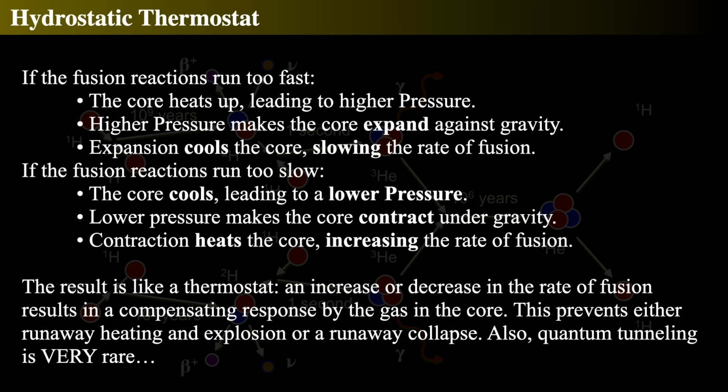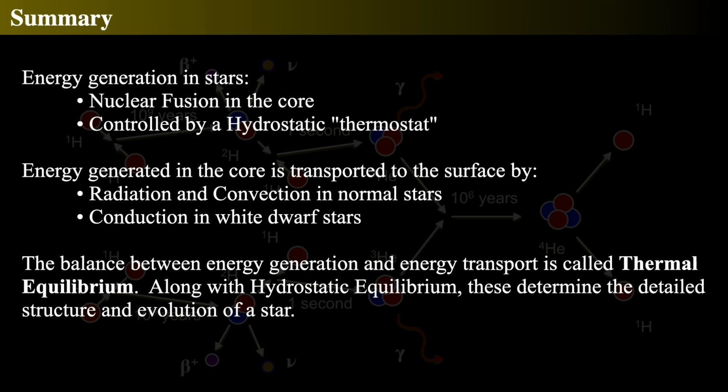So it doesn't happen. Also, it's a fact that quantum tunneling is extraordinarily rare to begin with, so actually getting the first reaction is rare, so you really have to push very hard. But the dominant thing is the hydrostatic thermostat, because the core of the sun can actually respond to pressure waves that happen on top of it. And that's a rather rapid process. So in sum, energy is generated by nuclear fusion in the core. It's controlled by a hydrostatic thermostat and regulated by the quantum tunneling, which is actually what allows it to occur. So the energy is then transported to the surface by convection and radiation processes in normal stars,